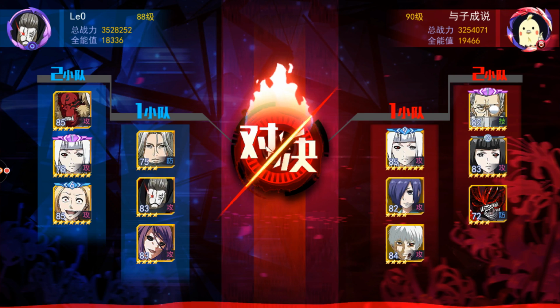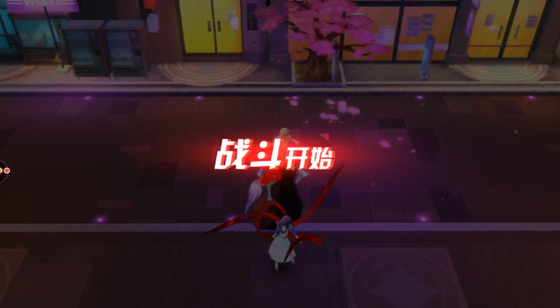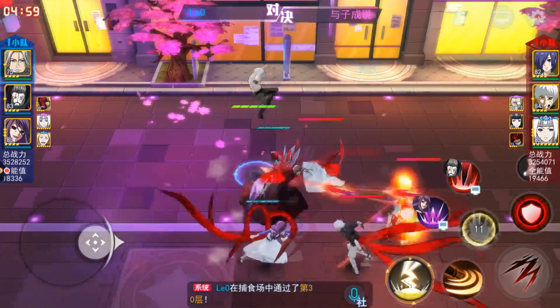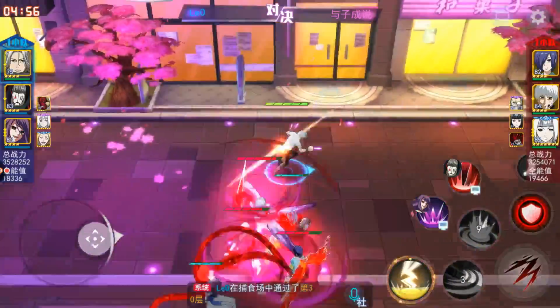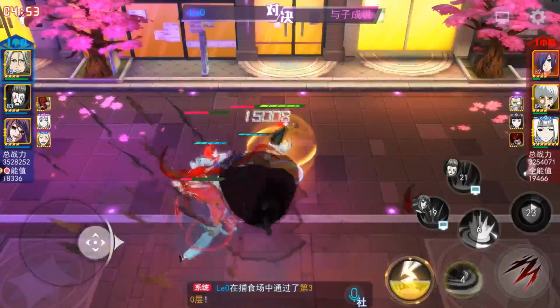I think that of all characters inside this game currently, Arima is the one that I want to play as the most. And it's one of those ones where once you get one copy of him, you're done. You just have him, you're good to go, and he can carry you through basically anything. So it might be